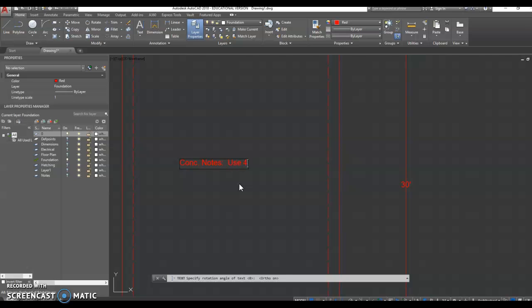Use 4-inch 3000 PSI concrete with 6x6 number 10 welded wire mesh. Let's go caps. WWM, welded wire mesh, over